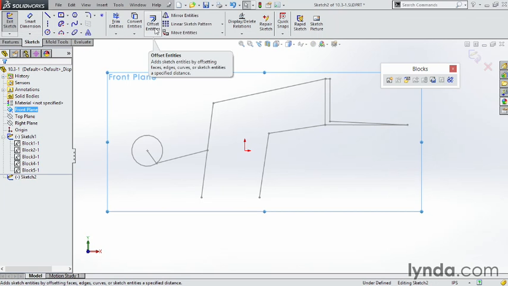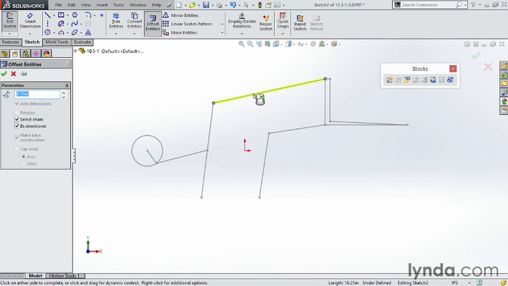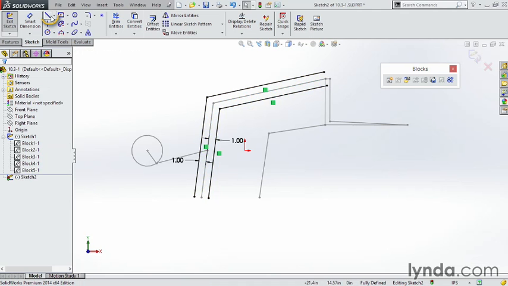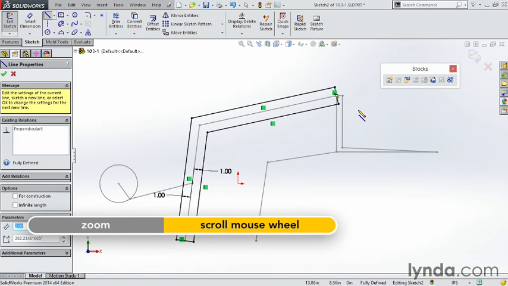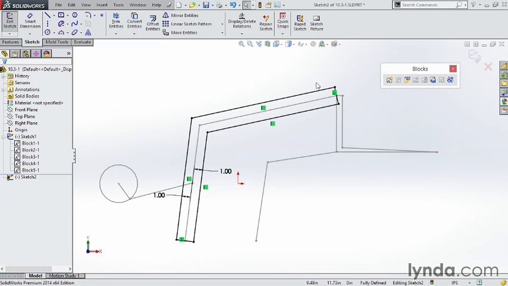And I'm just going to use Offset Entities. I'm going to choose this line here and that one down there. And I'm going to make sure that I'm making a big enough component. It'll still be pretty small, but go ahead and click OK. And then go ahead and cap the ends with a straight line segment. You can see this is a rough example, but it allows me to build some geometry around that original block